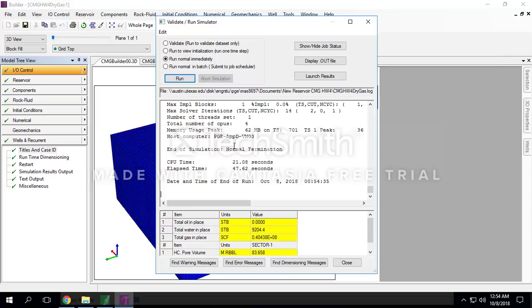And there we go. So we've got no oil in place, so it is definitely a dry gas reservoir, and the total gas in place is located right here. So now that you've got all this, you can use these simulation results. Take a look at the graphs where you can look at the different gas and oil produced for your reservoirs over time, and use that along with the PVT table that was generated through CMG to figure out what that original gas or oil in place was,